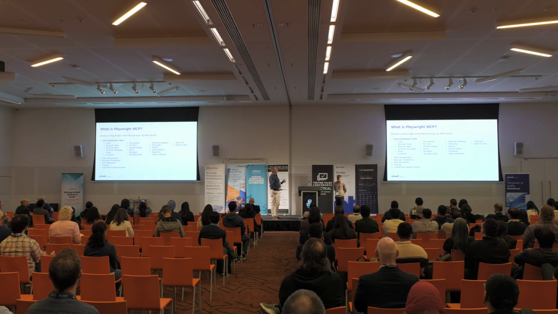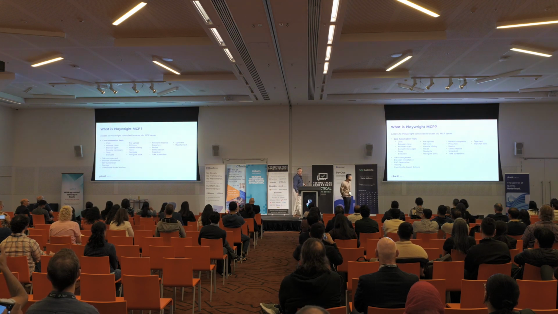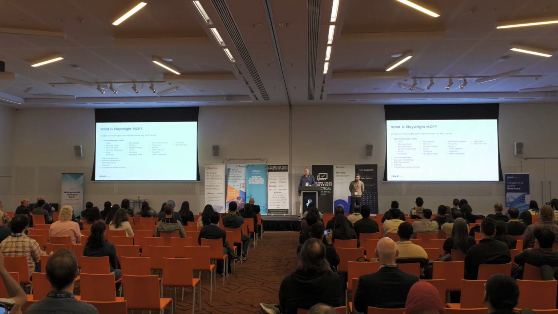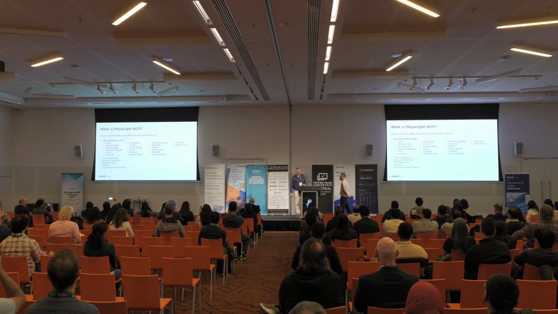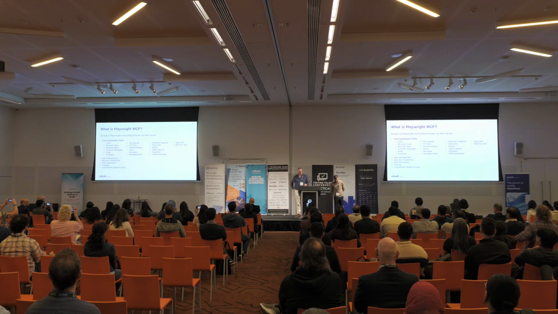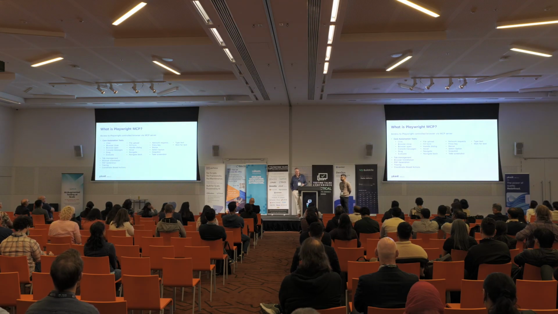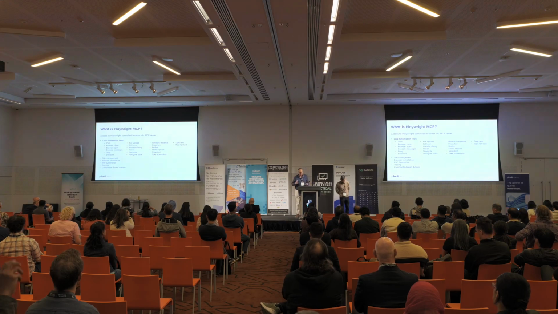So what kind of tools does Playwright MCP expose? There's a list on there. There's many. You can do all the things that Playwright could normally do in any automation test. You can click, you can open browsers, close them, you can look at console messages, you can drag, hover, evaluate JavaScript, upload files, fill forms, navigate back, view network requests, press keys, all of those things.